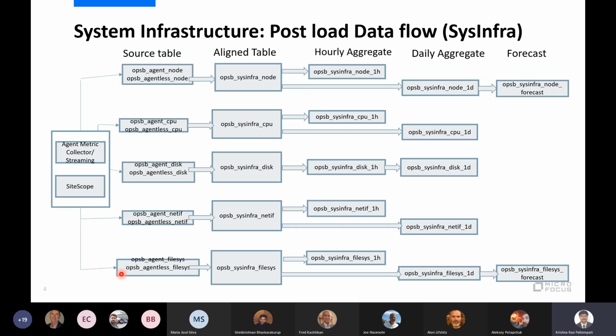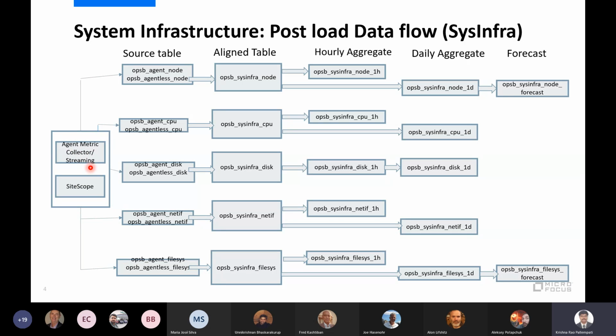Yesterday he mentioned there is a system content pack where the system content has two different sources: agent and SiteScope data sources. For the agent, we have two different ways to collect the data into the system: the agent metric collector and streaming, and SiteScope streaming. These are my sources where the data is available.